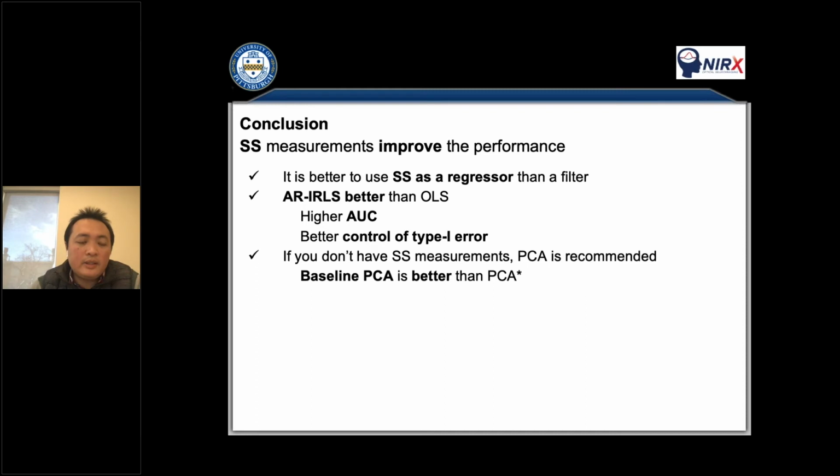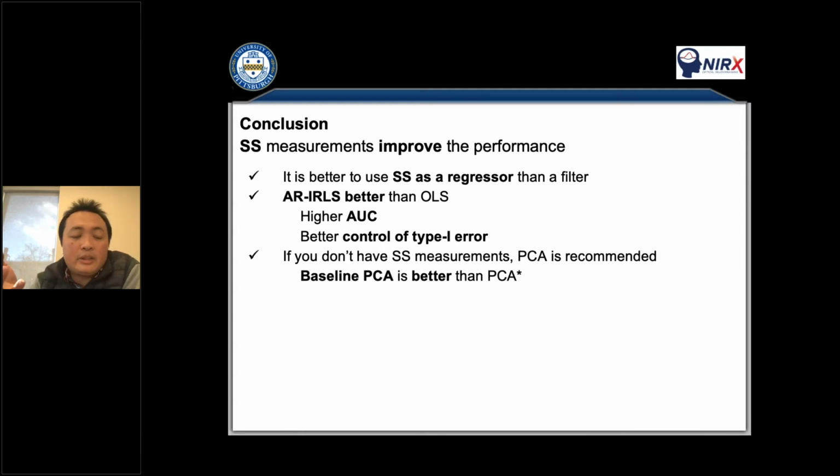And then the last one: if you don't have short separation measurements, you can contact NIRx if you have a NIRx system. But if you don't have that system, you can use PCA. It is better to use baseline PCA.